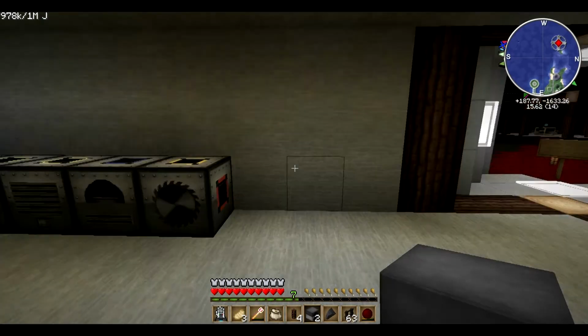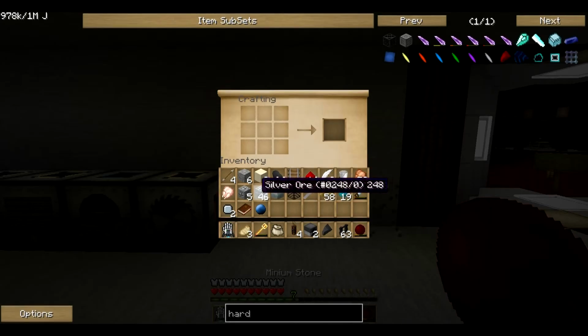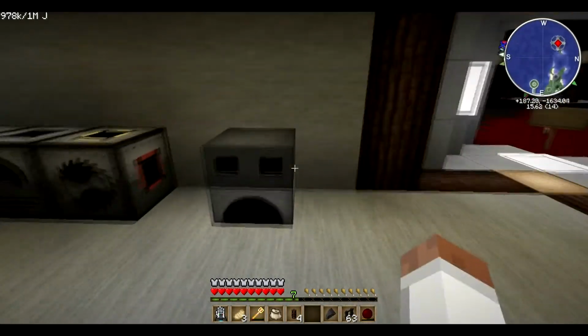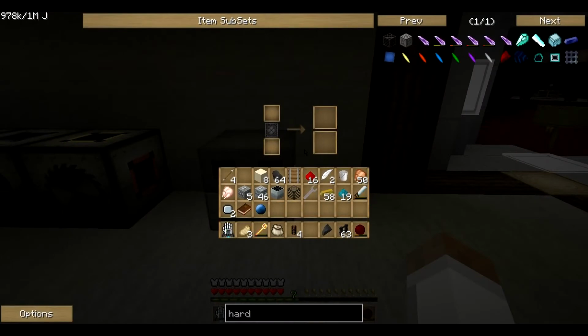Well, I've just discovered a new way to get lead. All we need to do is make something that we've not made yet, which is a slag furnace. Just 2 furnaces and 6 cobblestone. I'm going to stick it down here in the Thermal Expansion room for now. Mainly because we haven't got a room for the mod that it's from, which is Factorization. And we just get some silver ore, plonk it up in the top there, and as you will soon see, it will make